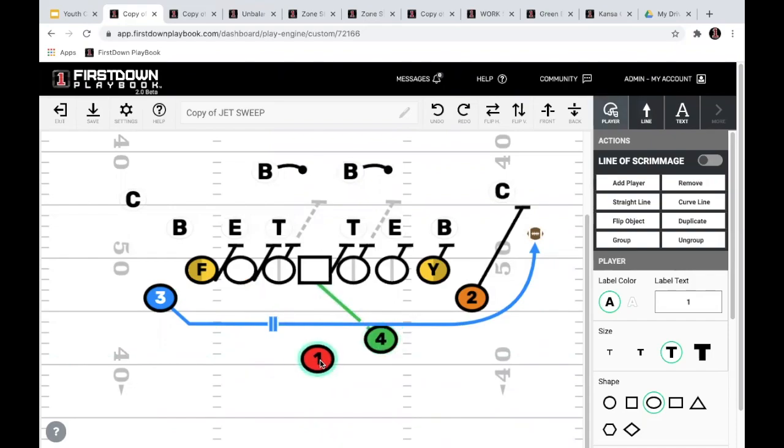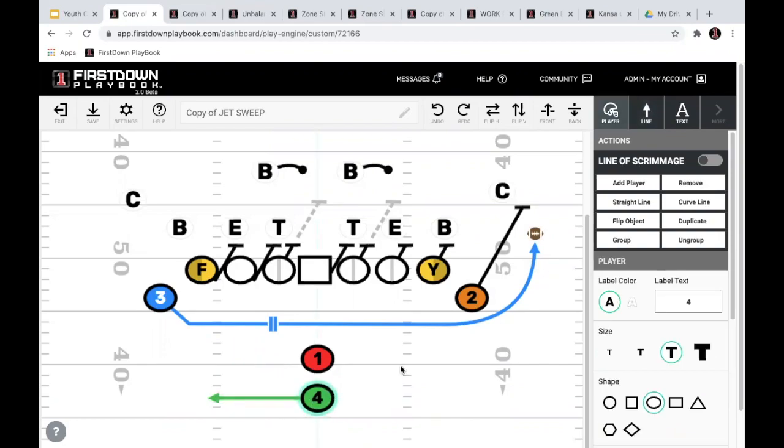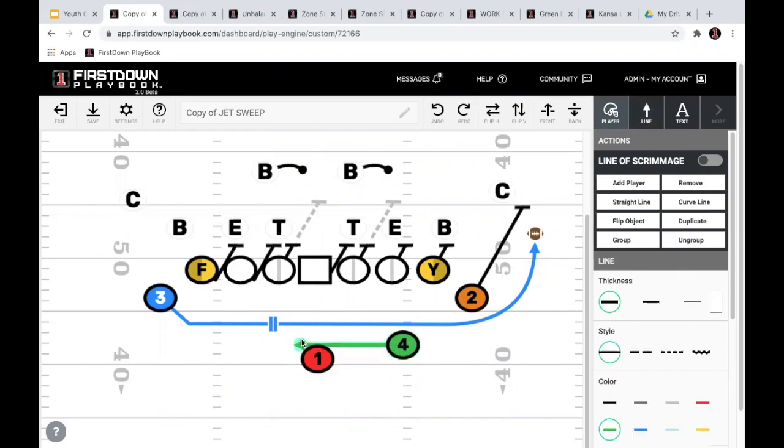If you're in a shotgun, you're still going to have a back somewhere. If you put them in a pistol, you can almost do it the same way. But you're going to have to have some type of action where it's flatter, where he doesn't get in the way. Or you can put them up here like in a shotgun, and then you can fake across